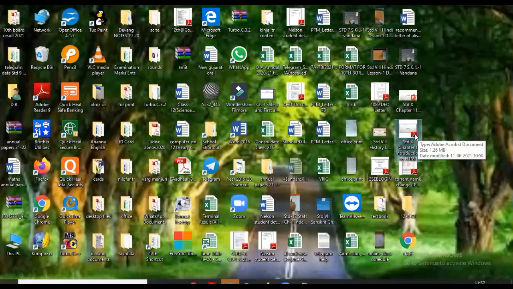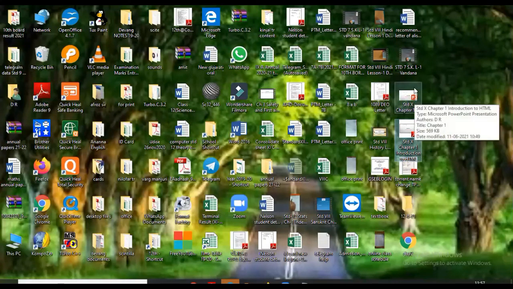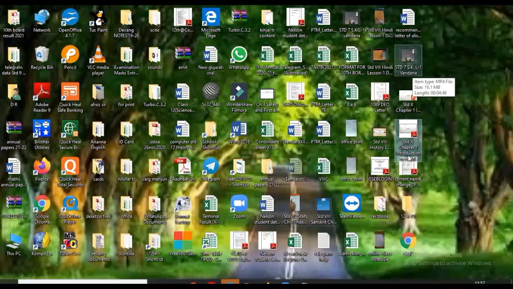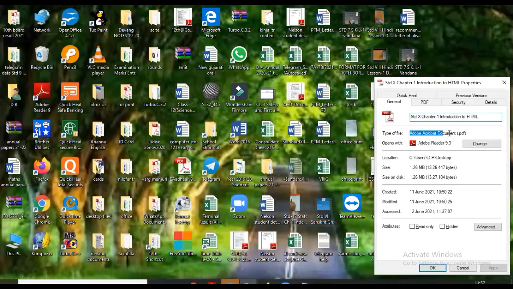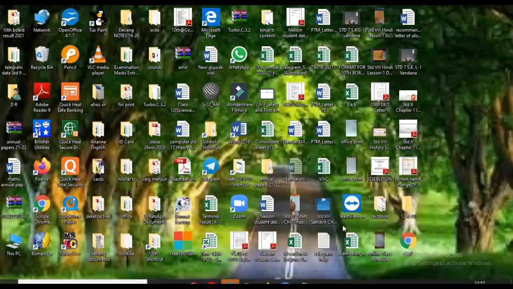Now how to see the extension of the file? You can see this by the symbols of files. You can find out that this is PDF, this is PowerPoint, this is MP4 for video, like that. Or you can go to properties and see the type of file. So here the extension is given to you, .pdf, and you have to type that .pdf there.